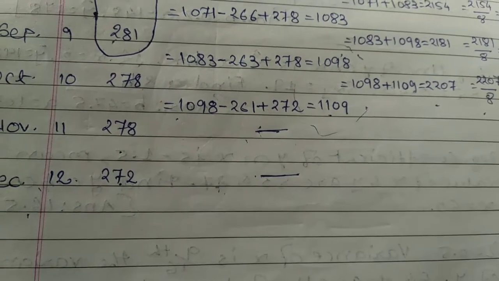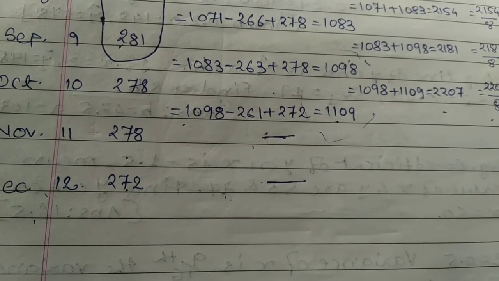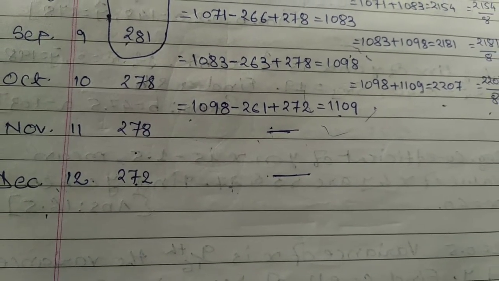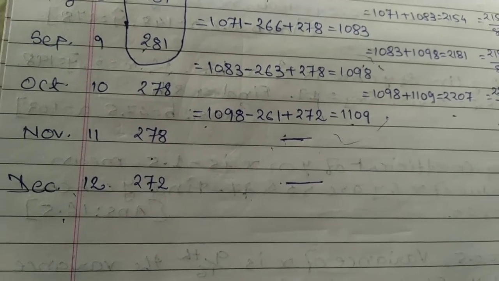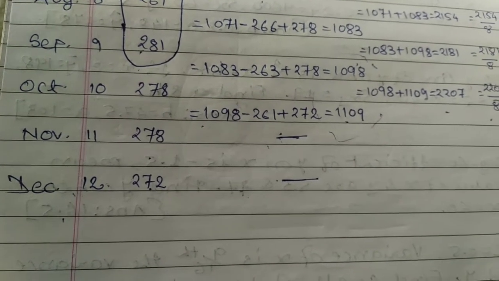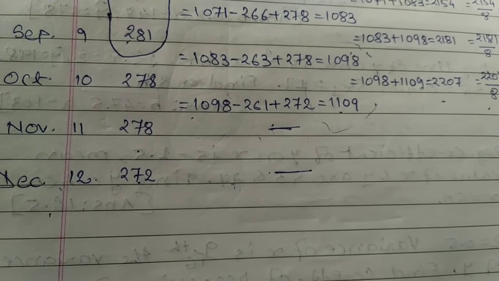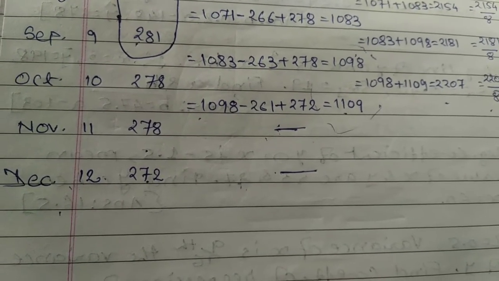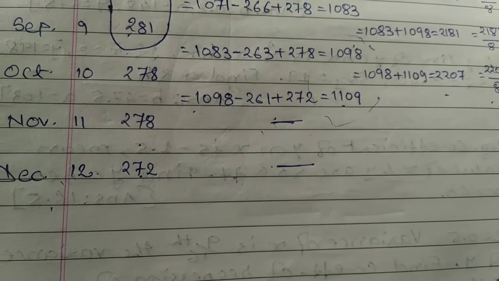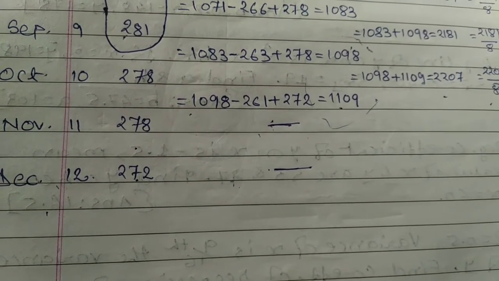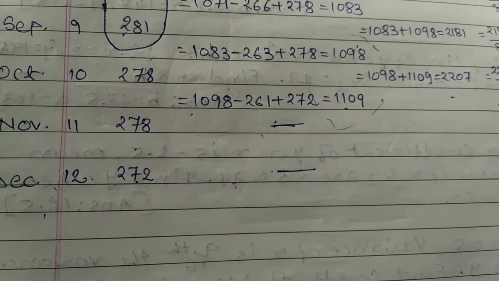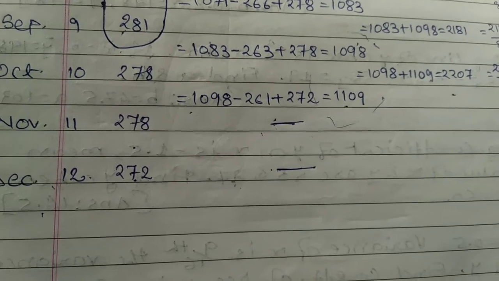So students, we have already discussed the 3 yearly moving average and 5 yearly moving average, and today's session was regarding the 4 yearly moving average. I hope you have understood properly and you don't have any kind of doubt. But still, if you feel any problem or query, please feel free to message me. Just go through exercise 4.3 and the main exercise, find the questions regarding the 3 yearly, 4 yearly and 5 yearly moving average, and solve them. If you find any problem, then message me.